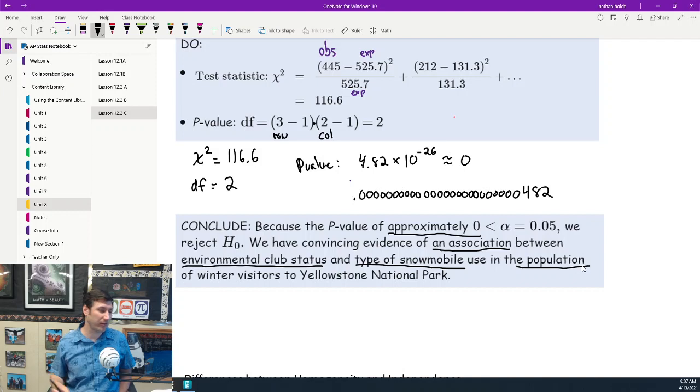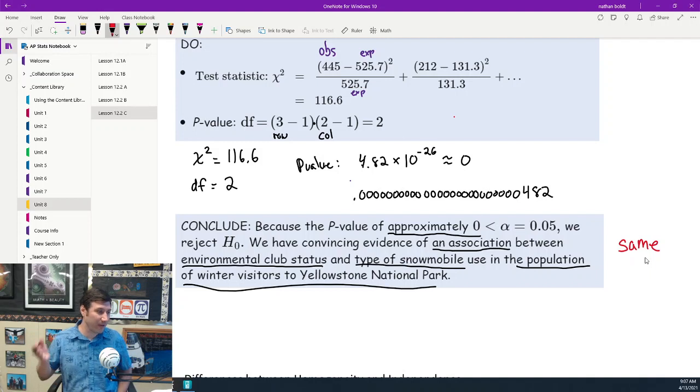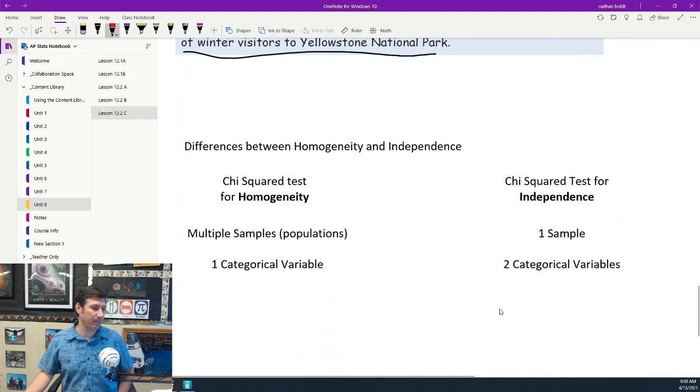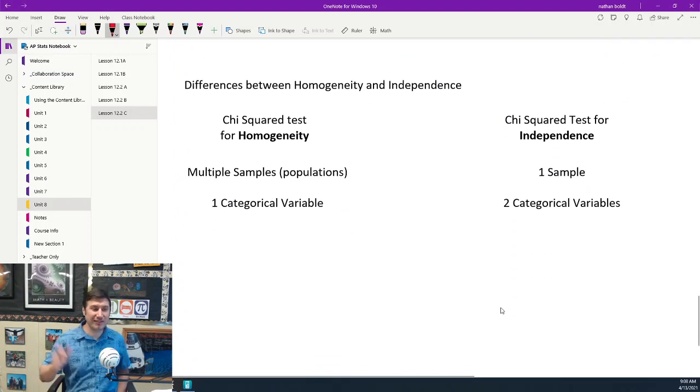And again, say what the population is of winter visitors. But that's like the same as always, isn't it? We've written that sentence so many times. There's no real difference there. I'm hoping that makes sense. Most of this is the same, isn't it? I would just say a few important things. The word association is one of the big differences, right? You have an association between them instead of having a different distribution between populations. Okay? So really, the main thing we have to know is the difference between these two tests, even though the